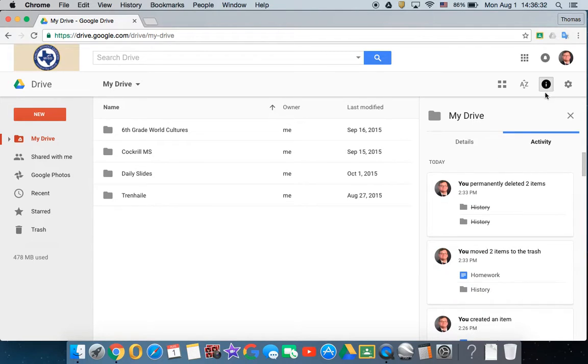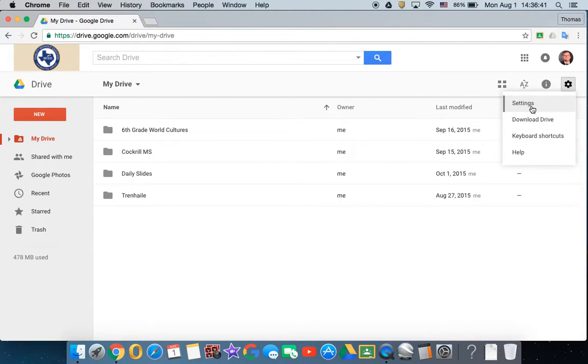If you go to view details right here, it goes to the activity screen, so it shows what I've done recently. And then right here, if you go to settings, you can modify your settings, download different things to your drive, create keyboard shortcuts, or go to the help screen